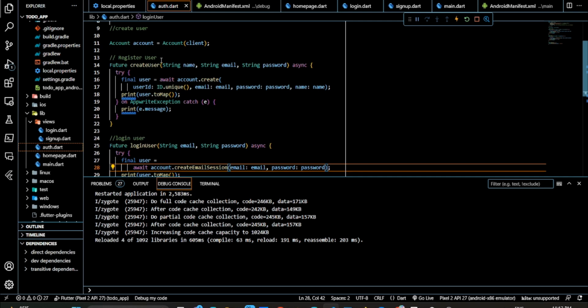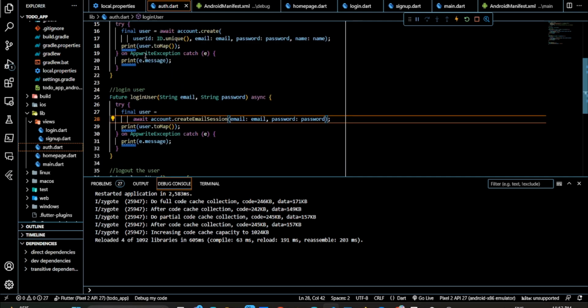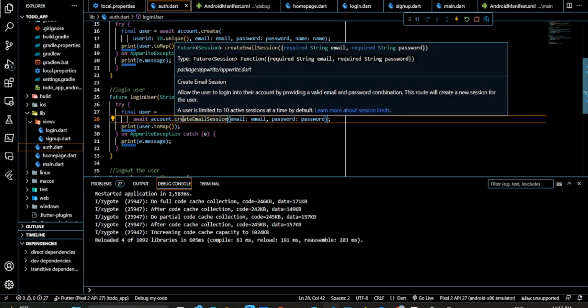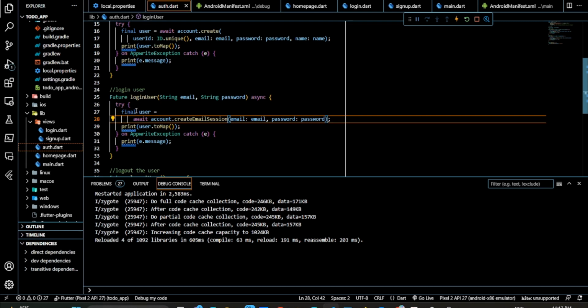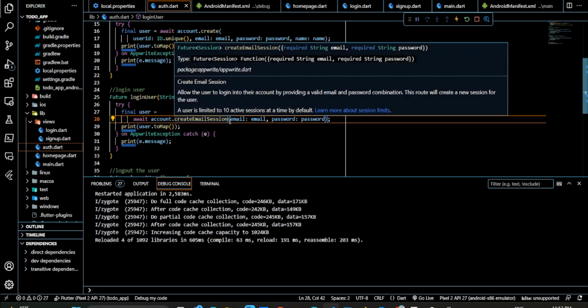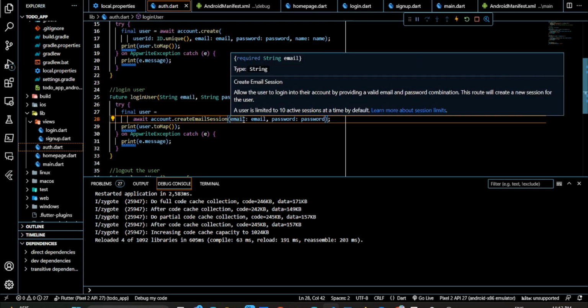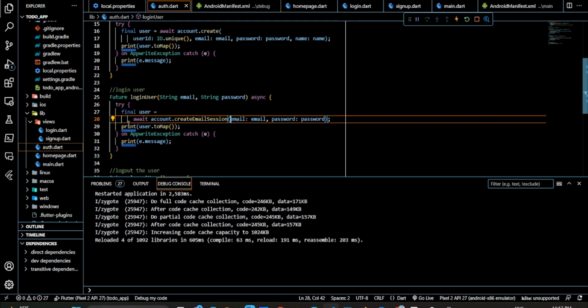For registration, that was the same. Use try and catch method to get the errors and update it. Now for login user, create email session so that we will get only asked email and password. Let's now check this out,